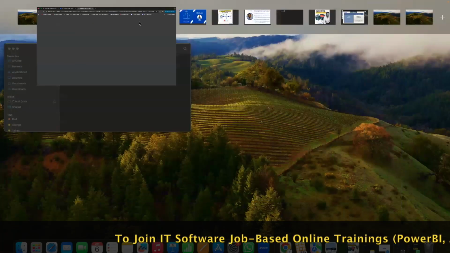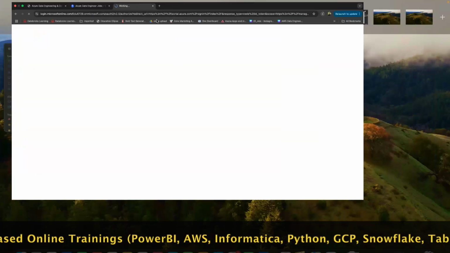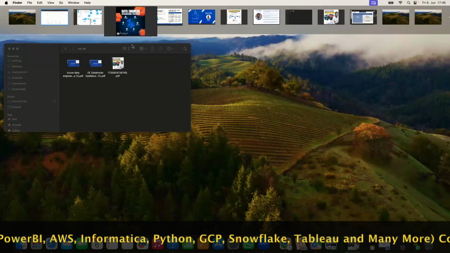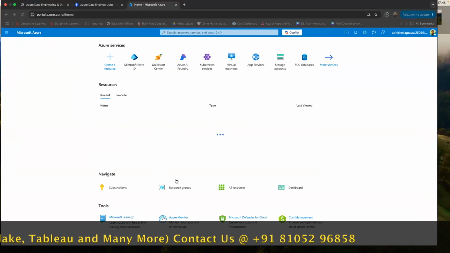So the people who are joining this particular class for the first time, and if you don't know SQL and you don't know Python, you don't have any sort of coding knowledge, then you can start learning Data Factory in that particular case. Okay, so I will try to show you the